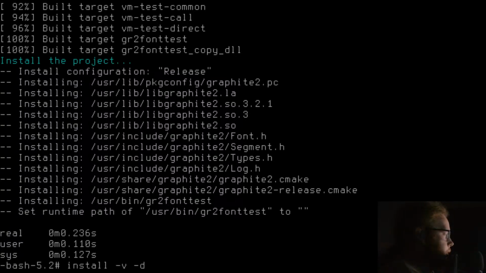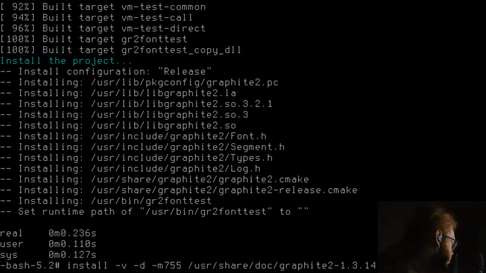Time install -v -d -m 755 /usr/share/doc/graphite2-1.3.14, because more than likely I might need them at some point. Why did I do that?